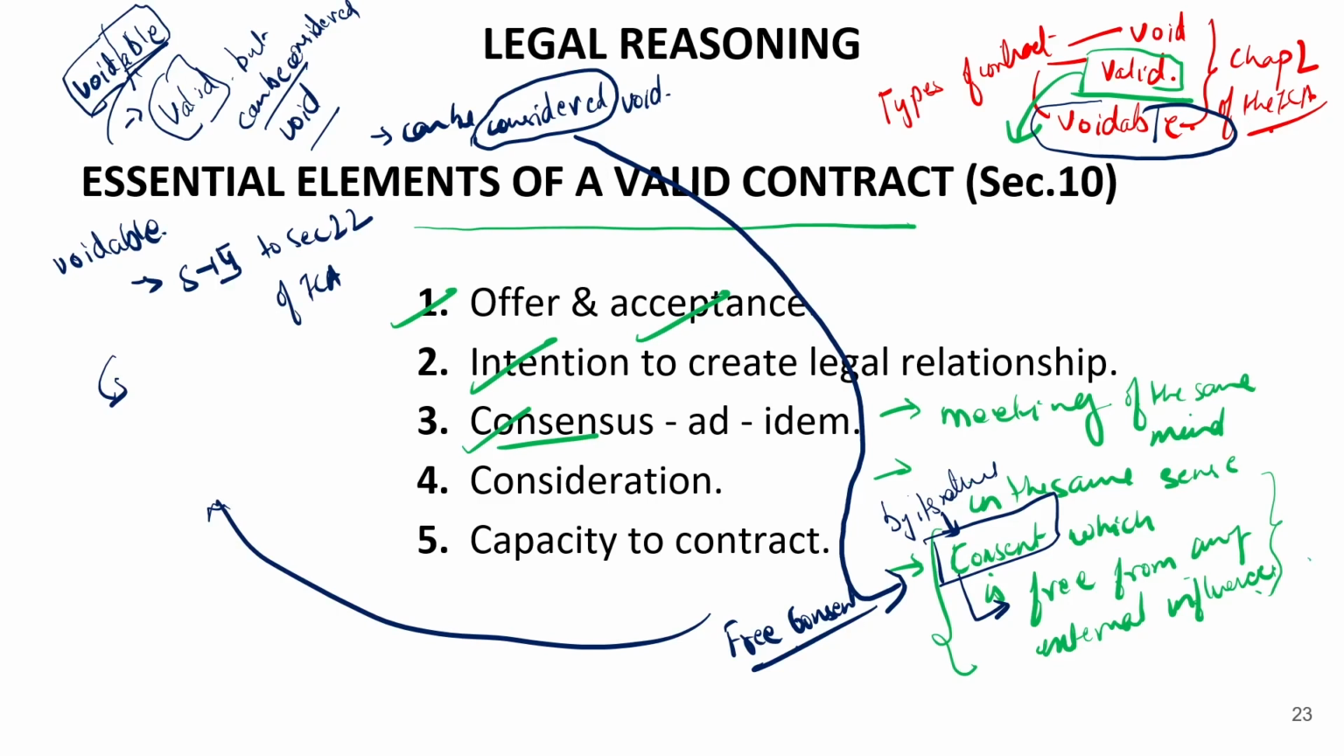So if I try to differentiate between a valid contract, a voidable contract and a void contract, valid means totally correct. Totally correct means 100% correct, and it can be enforced in the court of law. A voidable contract, or voidable agreement, means the contract is still valid. It doesn't mean that the contract has become void and cannot be enforced in the court of law. It is still valid and can be enforced in the court of law unless an objection is raised